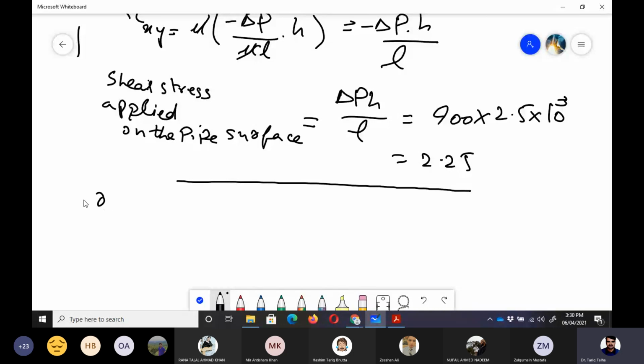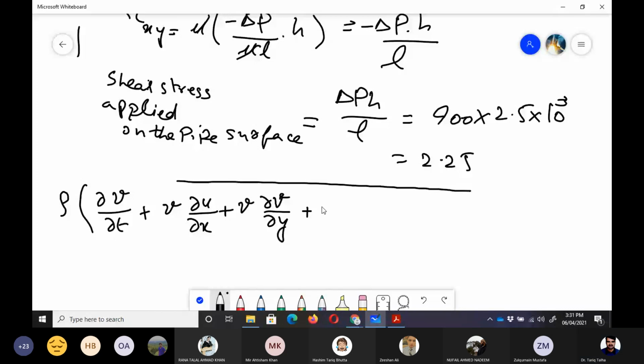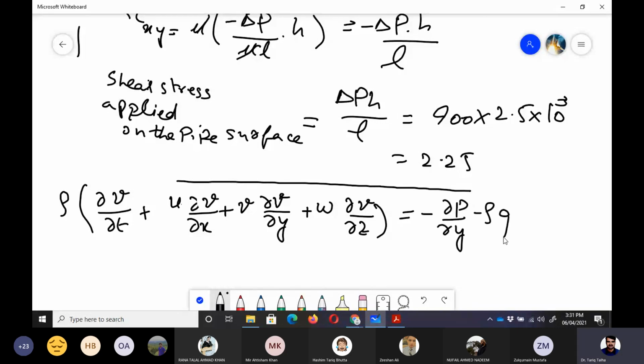If you remember, that was rho into partial v by partial t plus u into partial v by partial x plus v into partial v by partial y plus w into partial v by partial z is equal to minus partial p by partial y minus rho g plus